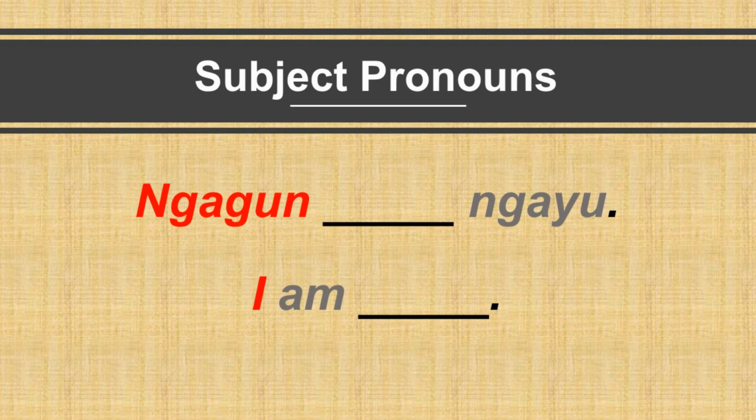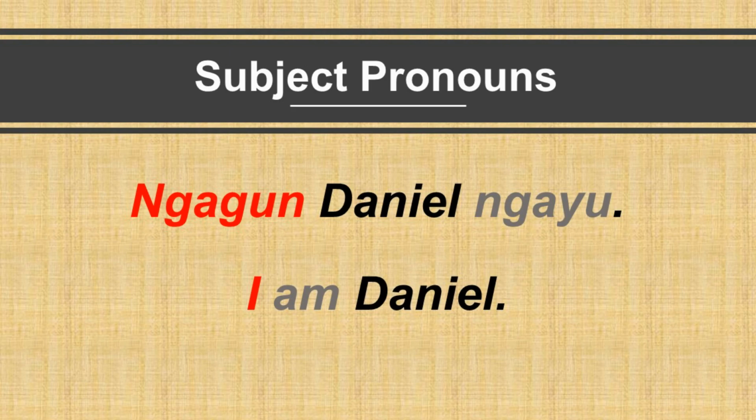Let's start with a simple sentence. So if you want to say, I am, and then you basically can fill in your name, the structure in Wagiman looks like this: Ngagun, blah blah blah, ngayu. So we do this with a name now. For example, if I want to talk about myself, I can say, Ngagun Daniel ngayu,